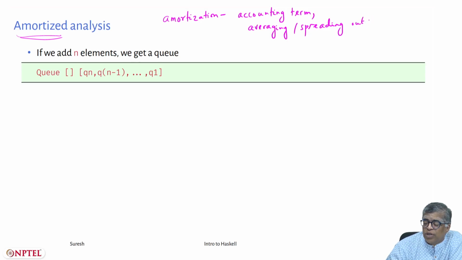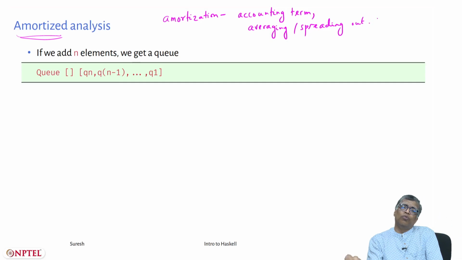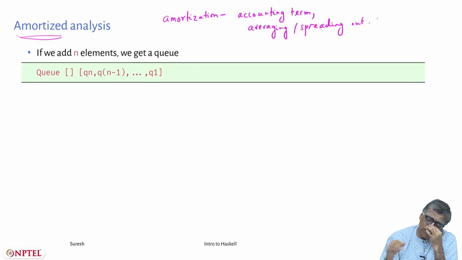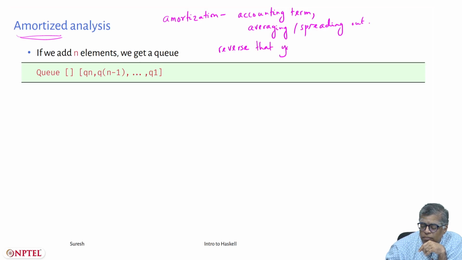I don't know exactly how they use it in accounting, but maybe if you bought something and whatever, or if you lose something, you will spread it across many years so that you can calculate tax accordingly. I suppose one has to check it up. But here, what we mean by amortization is that you distribute the reverse that you occasionally do, spread its cost across all operations.